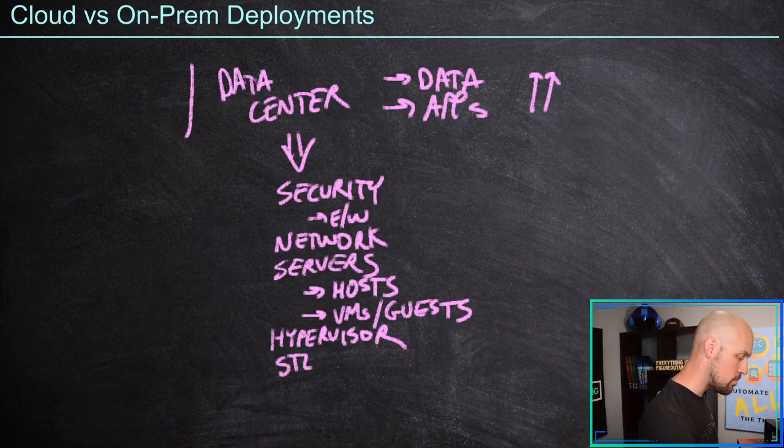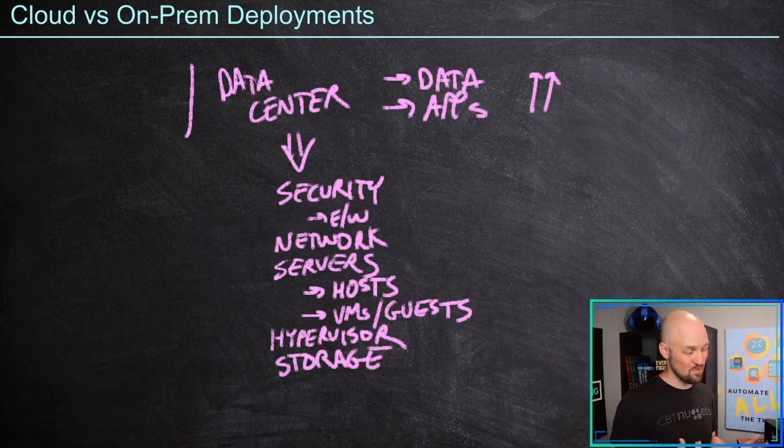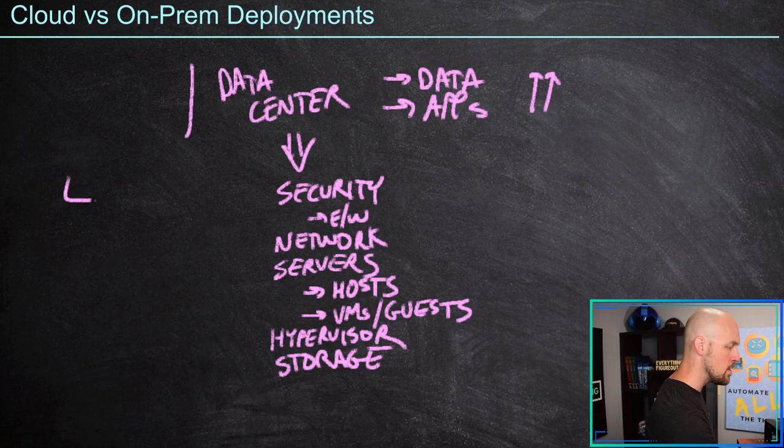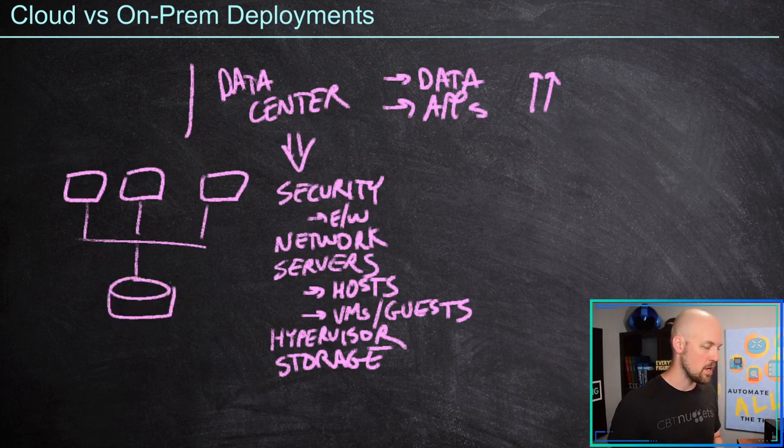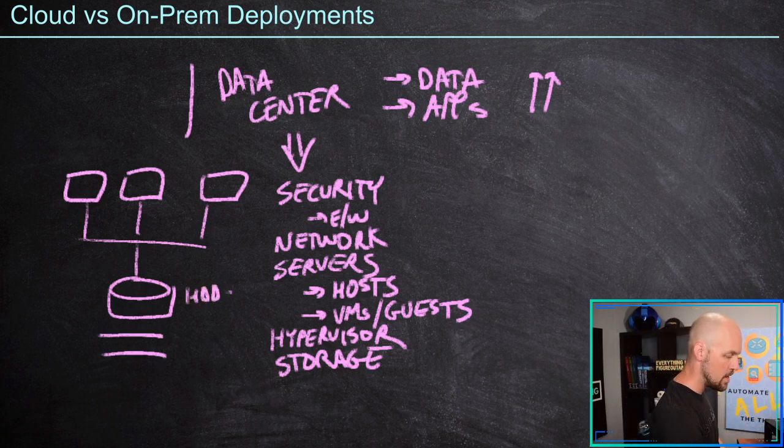Storage. Don't want to forget storage. So I mentioned earlier that hard drive space is an issue. Well, in modern networks or modern data centers, we don't see hard drives directly attached to servers. Instead, we'll have a lot of servers that are all accessing a storage device through the network. So this network storage appliance, we think of vendors like NetApp, EMC, Dell has a whole line of storage devices. A network-based storage array is going to put all of the hard drives here